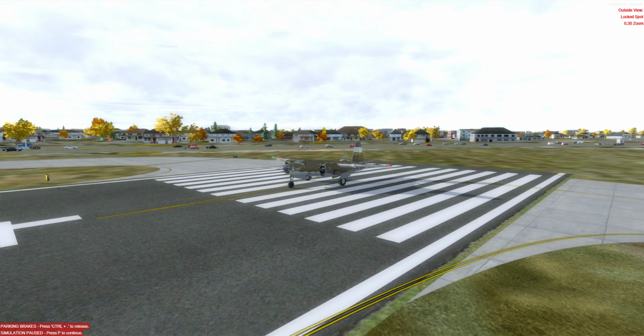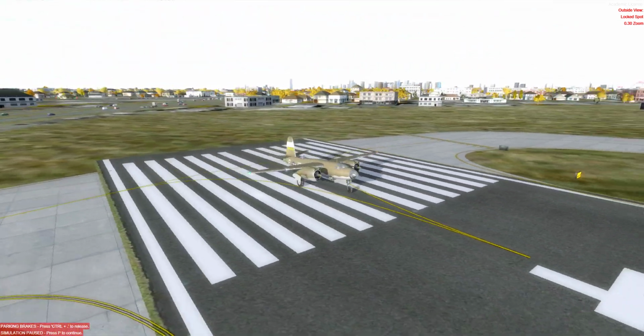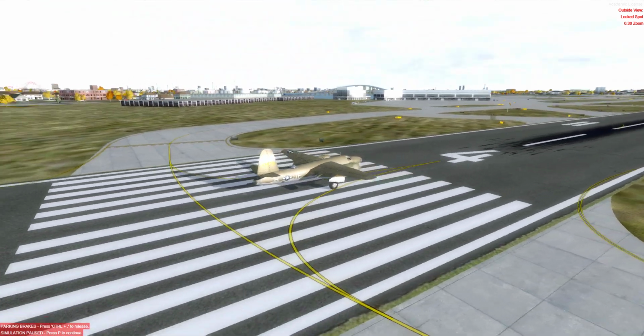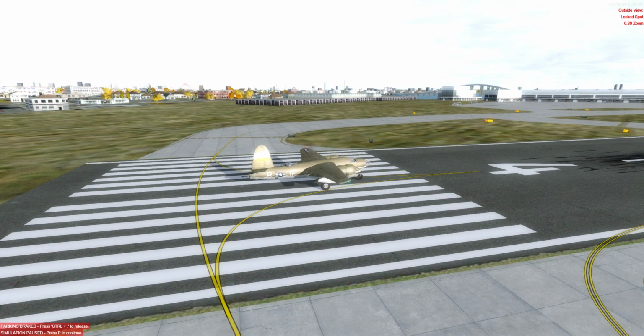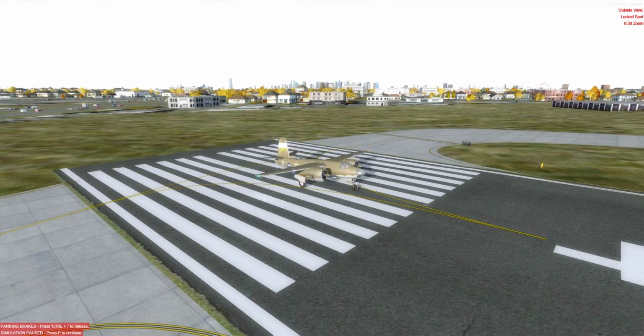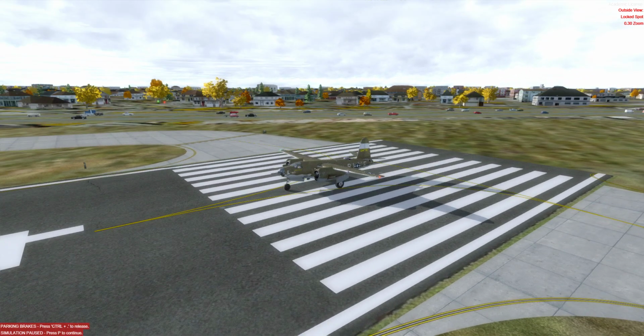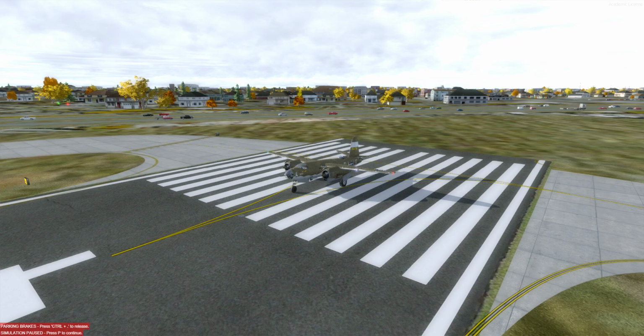So I'm already sitting on runway 4, and we're going to be doing the left traffic pattern. So there we are, runway 4. We're going to be flying over there to the left, where we can see the skyline in the background. The common thing in traffic patterns is to climb to about 1,000 feet above ground level and